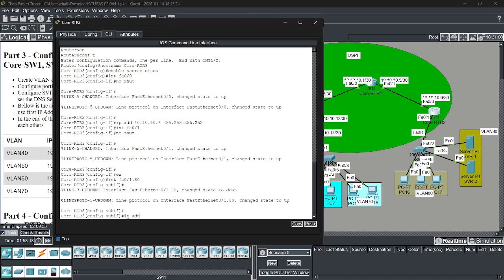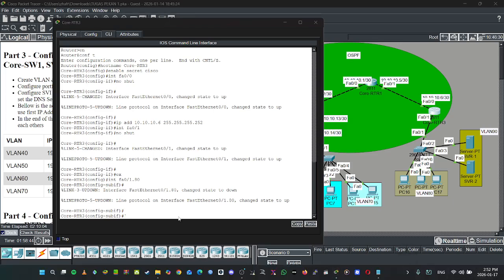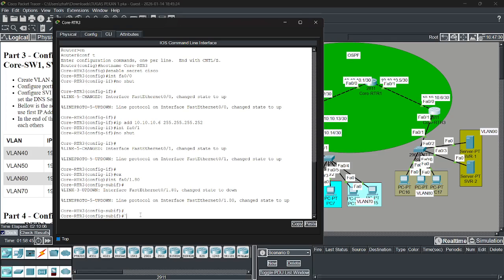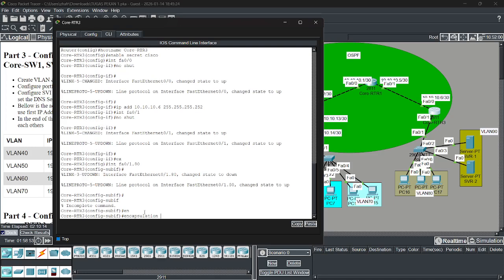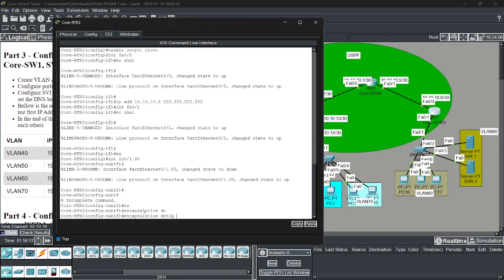The IP address is... okay, the encapsulation first. Encapsulation dot1q 80.